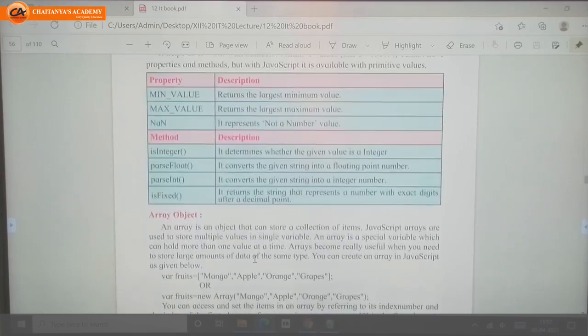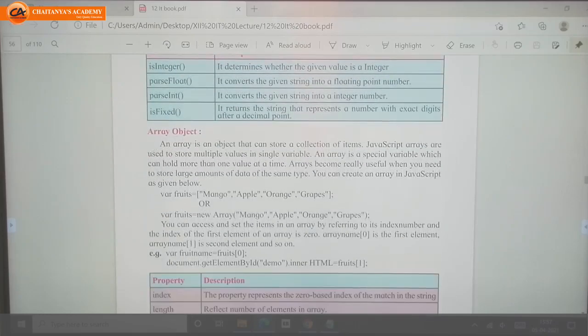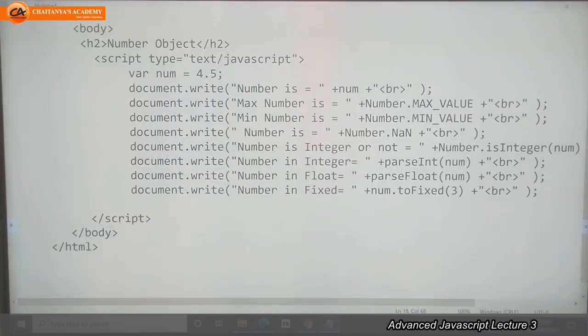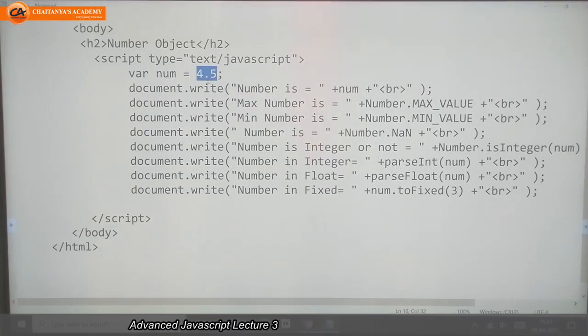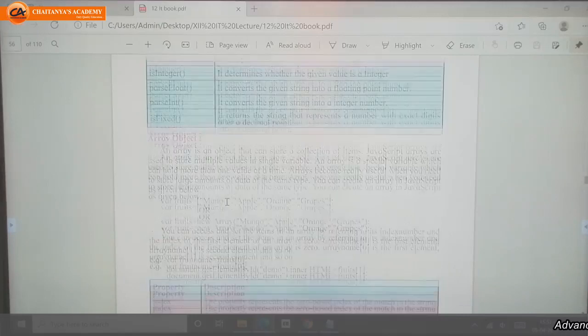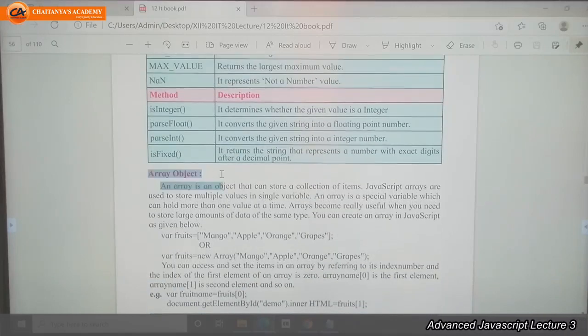Next, the array object. First, what is meant by an array? By using a variable, we have seen we are storing a value in a particular variable. But how many values can we store? We can store only one value. But if I want to store multiple values, then at that time I need to use an array.